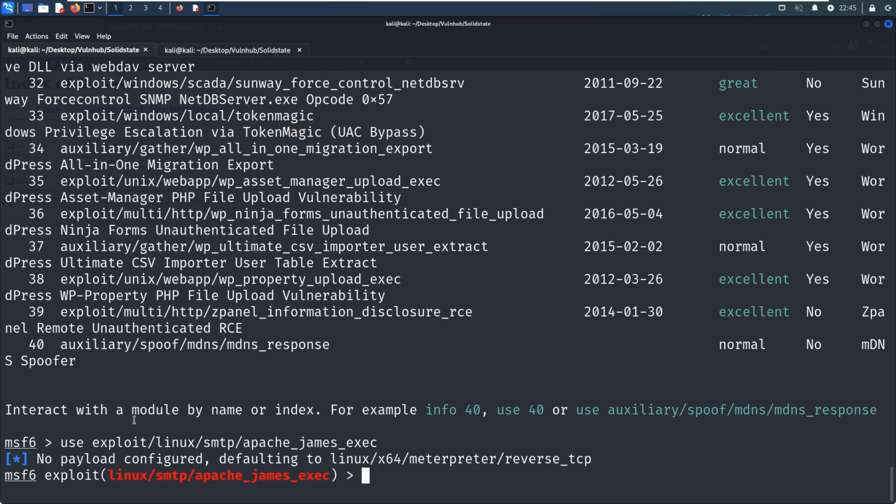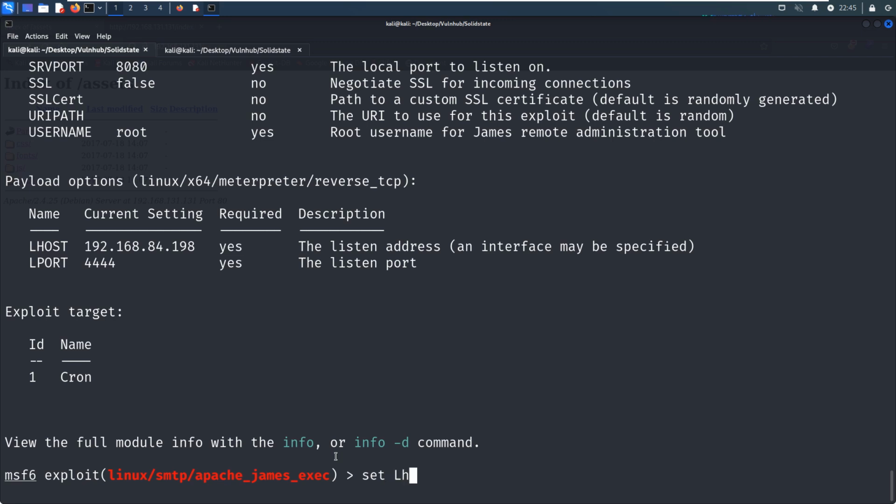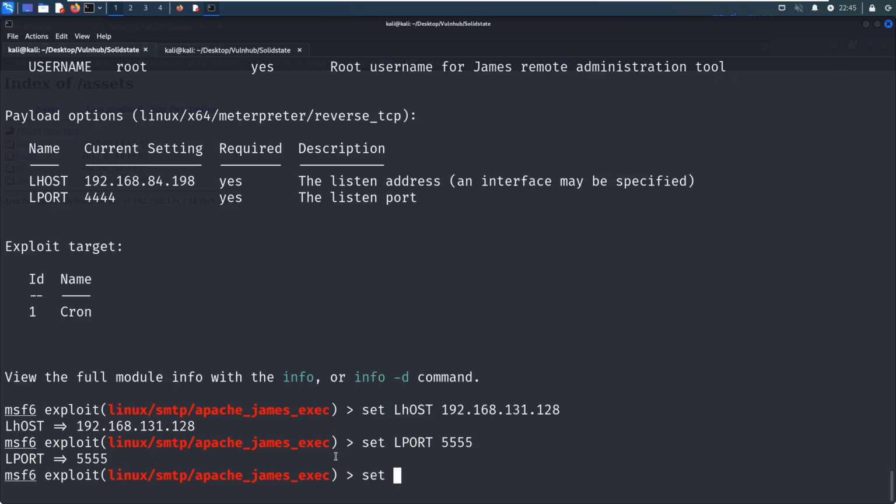And we can leave the payload as the default one. And then we can show options. We need to set the local host to our Kali Linux, and set the local port number to 555. Set the remote host to our target.